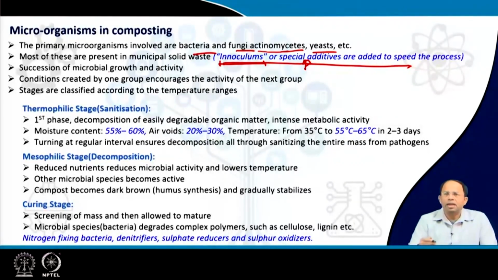Usually microbial activities happen in succession. One group of bacteria acts upon the compost, then the next group acts. Each group is different. The first group may eat the carbon and produce acid. The next group consumes the acid and produces other nutrients and so on. Each group's activities are different, and we usually classify them as per the temperature ranges that we learnt earlier: the thermophilic stage and the mesophilic stage. The thermophilic stage is also known as the sanitization stage, because we sanitize the compost because of the high temperature attained, and all pathogens are killed.